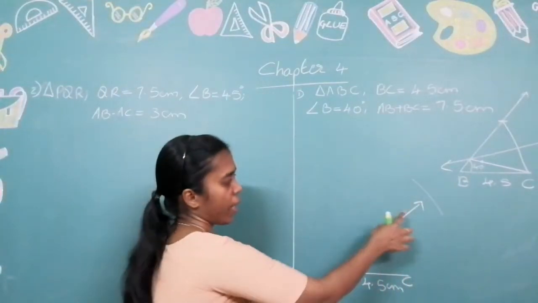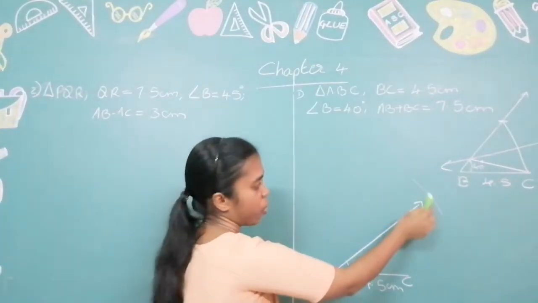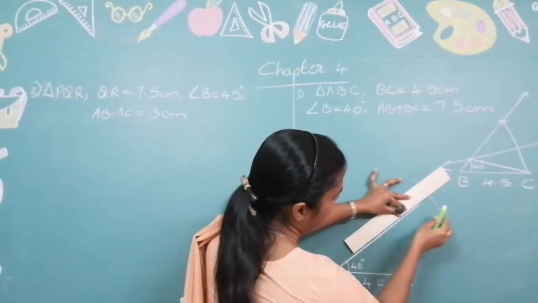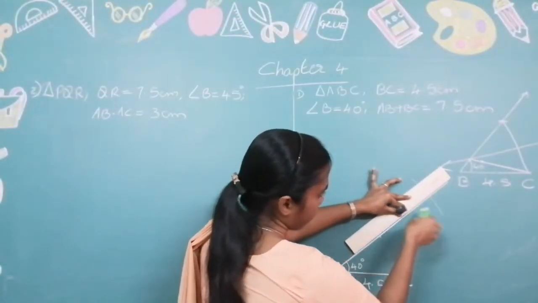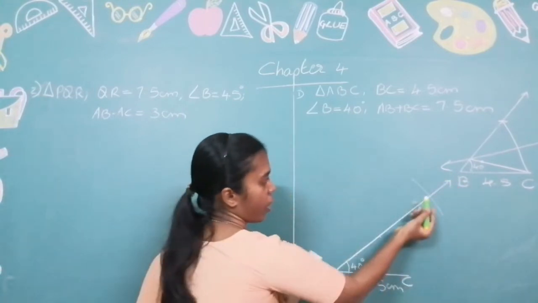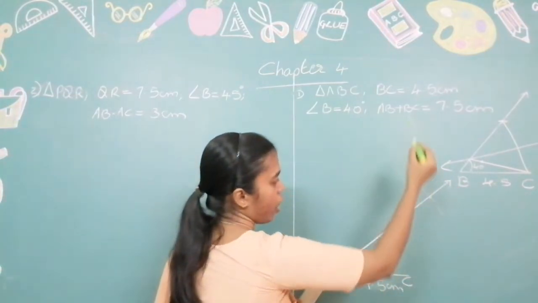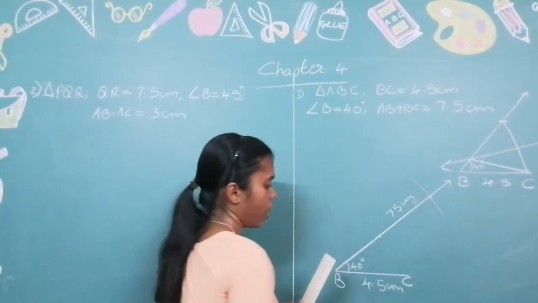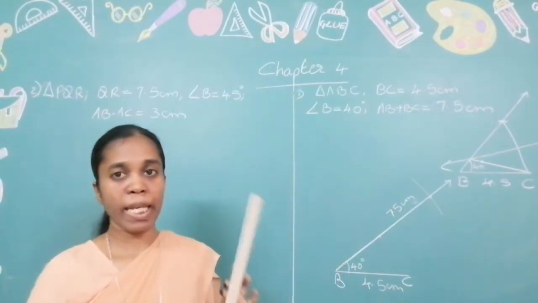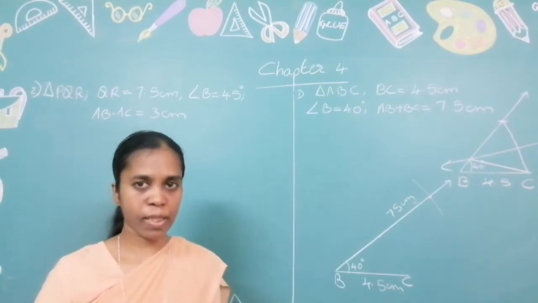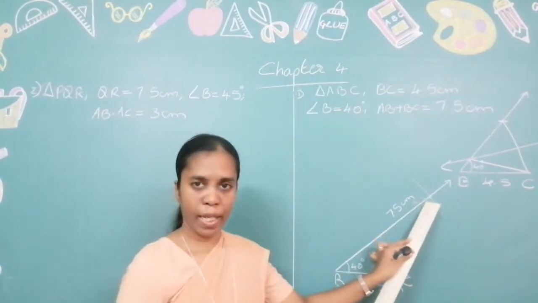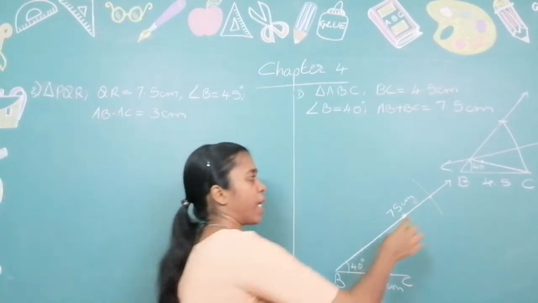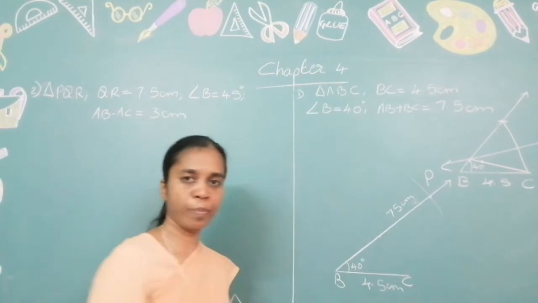Now you have seen I have drawn the ray only till here. But you know that the angle is coming above it. So I have to extend that ray. Now you get an intersecting point over here. How much was it? 7.5 centimeter. Now what is that triangle going to be? ABC. This is not A. So other than ABC, you give it any name. So I am giving it as P.